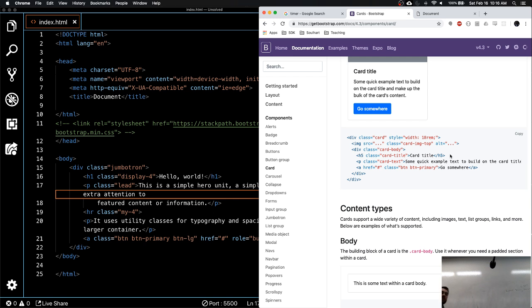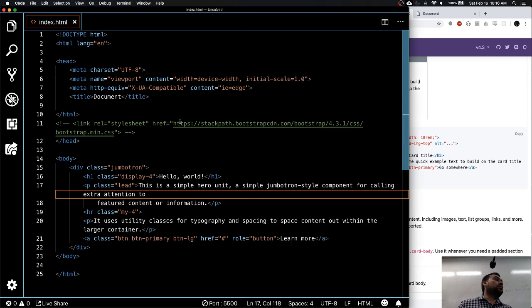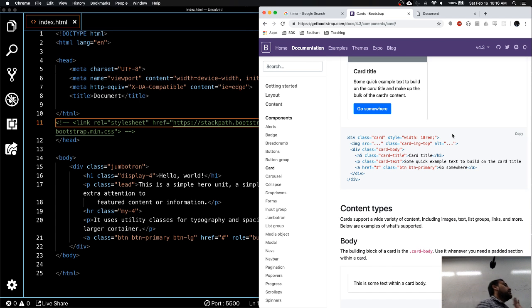Again, Bootstrap is not the only library in town. There are a few more. Again, I can't remember the name, but if you Google CSS libraries like Bootstrap, you will see a few more. I have had students who have used some other libraries as part of their project also. They come with more features and all that kind of stuff.